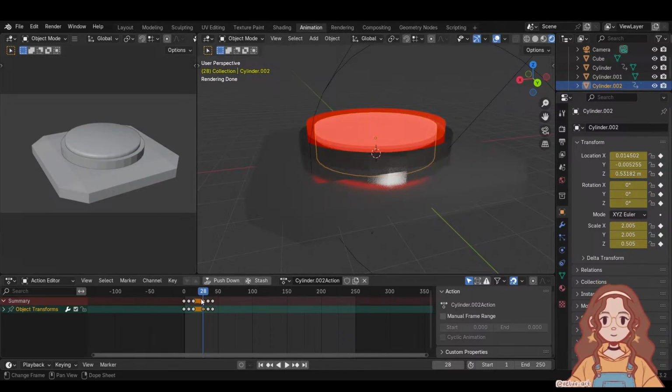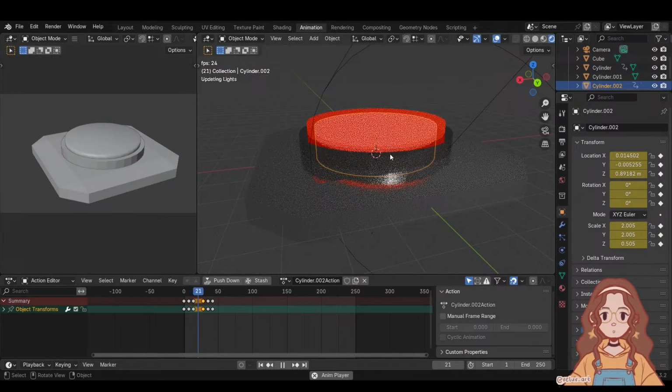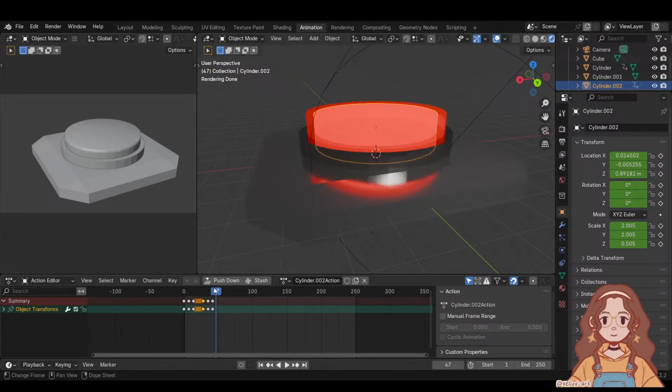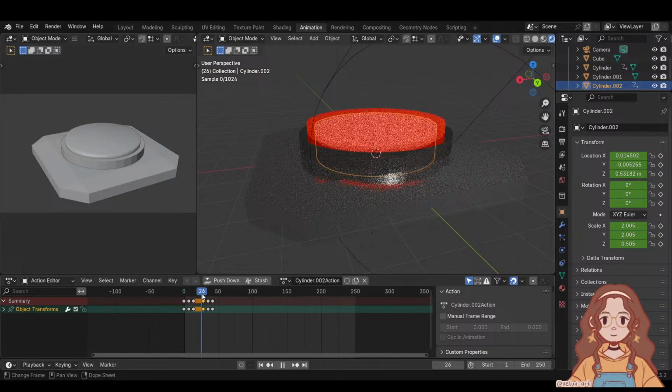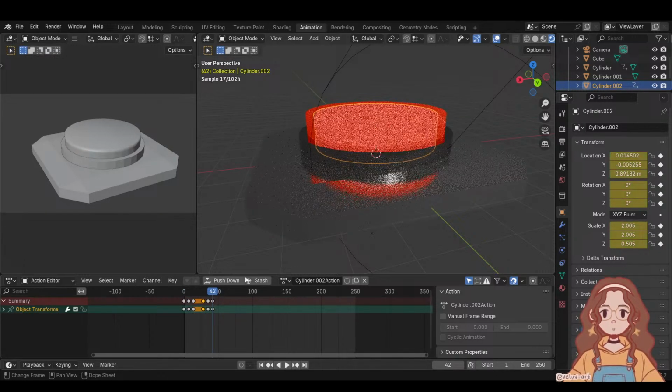Unselect, select. There's probably a better way to do that, but we end on 42. So let's give a 7 frame or a 6 frame jump start. Wait. So if we limit it to 42 frames,